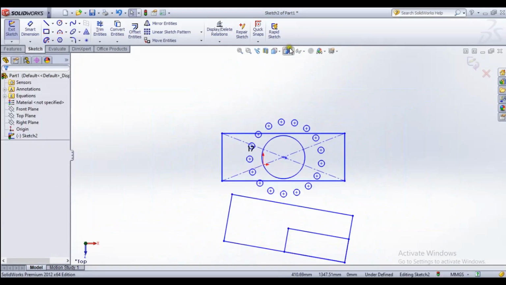You see that, and there are rapid sketches when we need to create rapid sketches. And there are so many tools, but these are the basic tools, these are the advanced tools. So let's try to understand all these tools and work with them in the future.